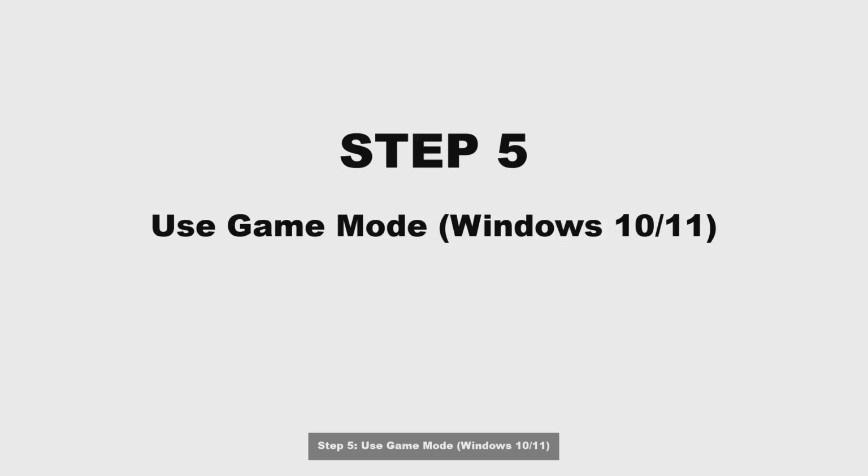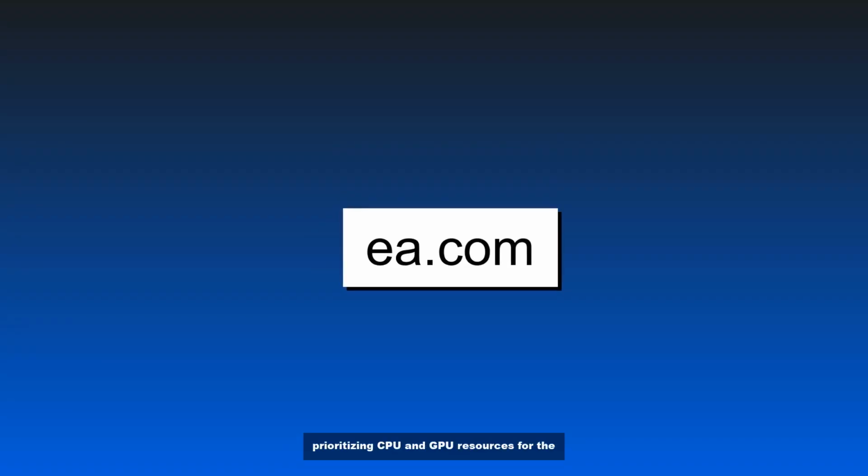Step 5. Use Game Mode Windows 10/11. Enable Game Mode in your Windows settings. This feature optimizes your PC for gaming by prioritizing CPU and GPU resources for the game, reducing background processes that